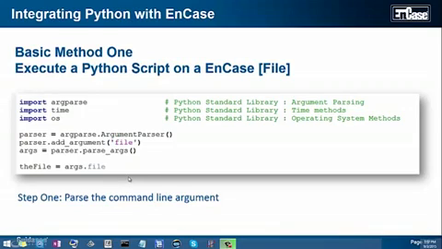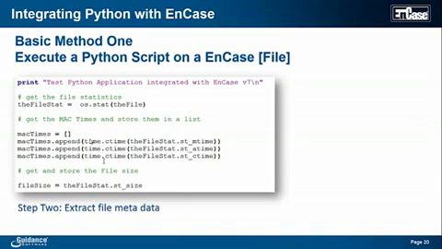So that's step 1. Parse the command line, set up the import statements of the standard libraries that I'm going to use in order to be able to perform the operation. The next step, I'm going to do a couple of very simple things. One is I want to print a message out to indicate this is the test Python application integrated with EnCase